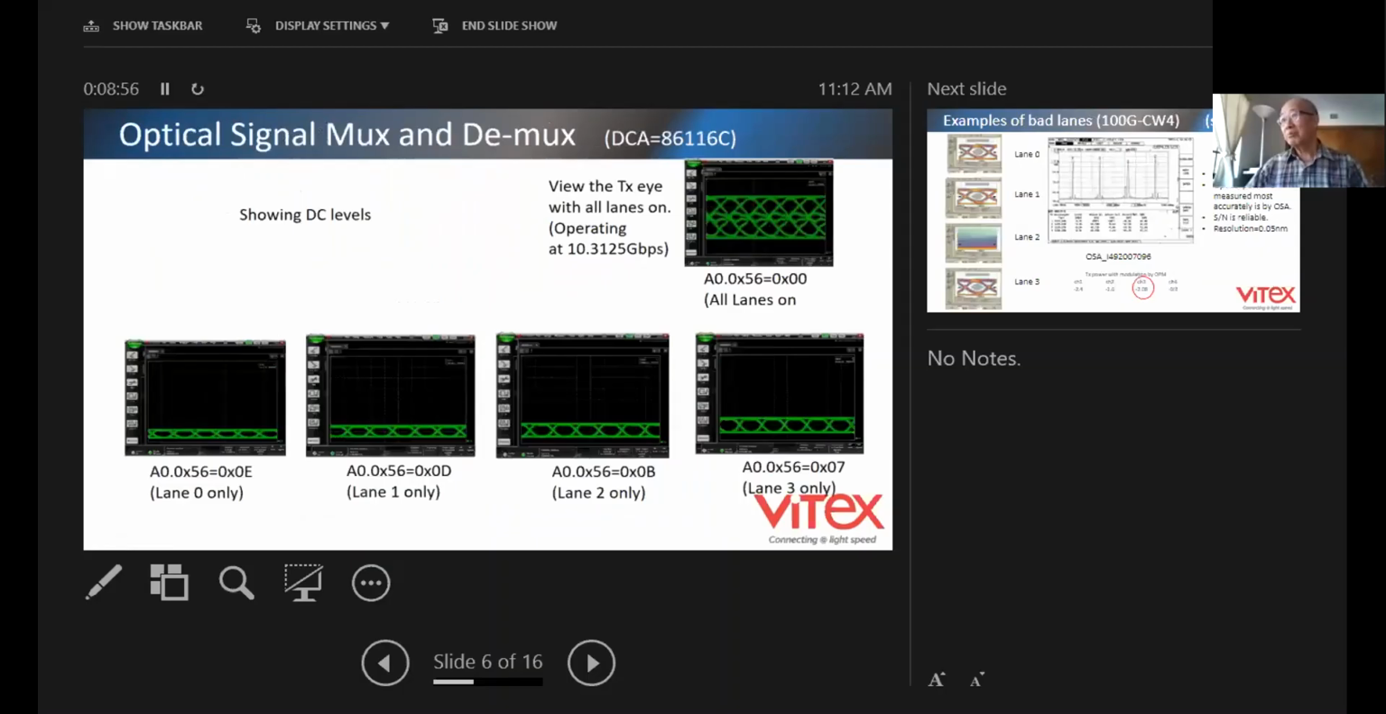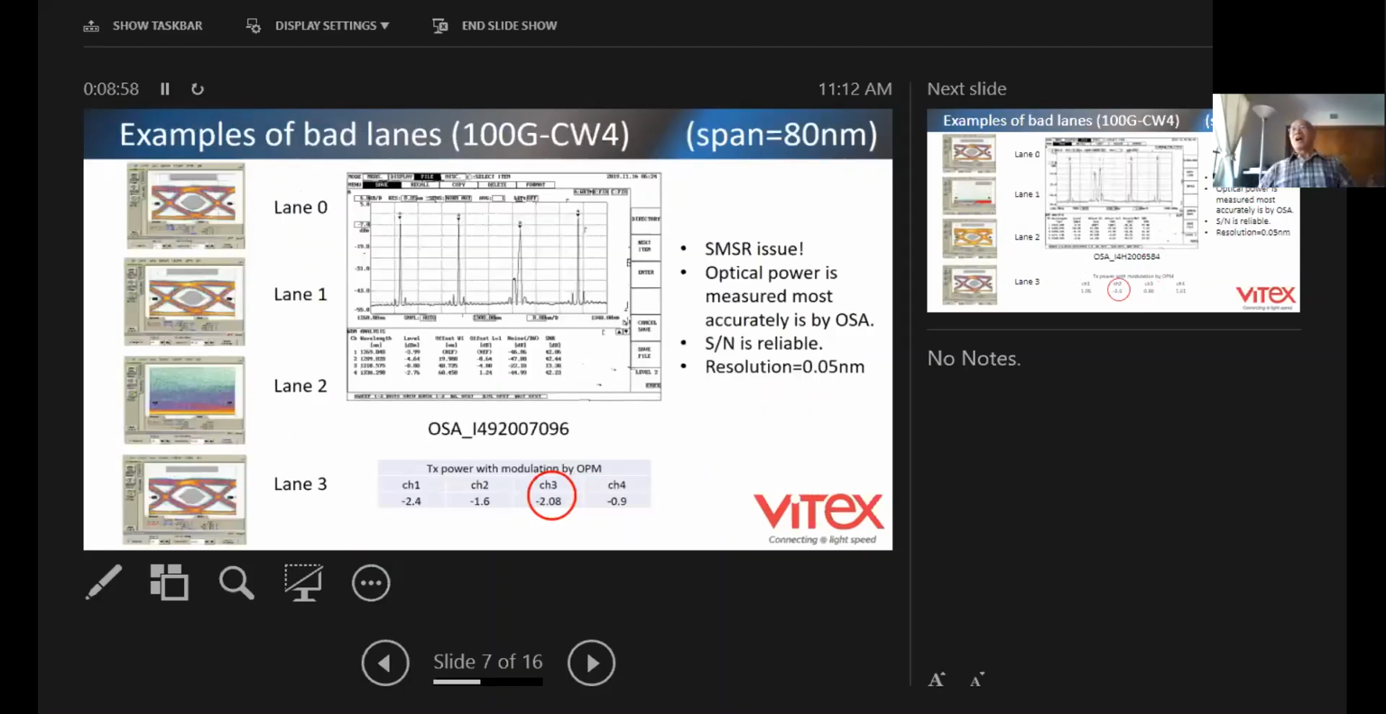Let me go back to here. Now, I want to show you a bad transceiver. So this transceiver, you can see it's a CWDM4, and it has a 1-channel band. The link, we call it link 2, which is channel 3. And coming back, and